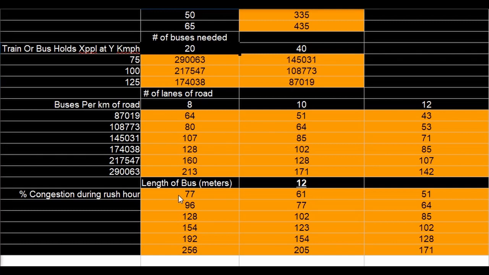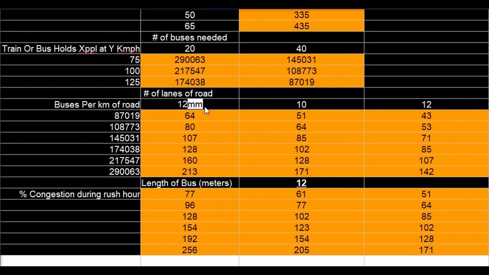If you go down to 20, if the buses are half full, you're looking at over 100% congestion. So the only logical thing to do is add more lanes. Let's go over to 6 lanes on each side. You're still at 50% congestion, best case scenario. Worst case scenario, with a 12-lane road, you're at 170% congestion.